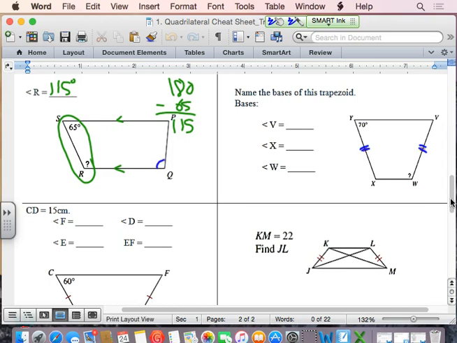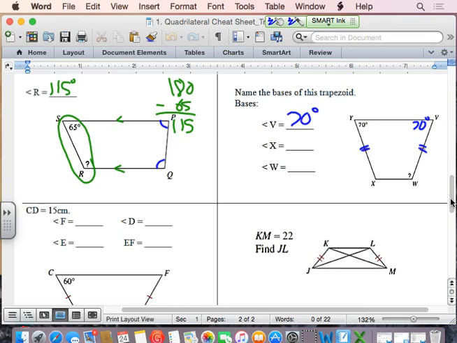Over here on the first problem, I can't find angle Q and angle P just by knowing that this one's 65. There's no way to figure that out. But on isosceles, I can figure out all three of the other angles, which is what they want me to do. They want me to find angles V, X, and W. We can do that because the base angles have to be congruent. So this angle over here, V, has to be 70